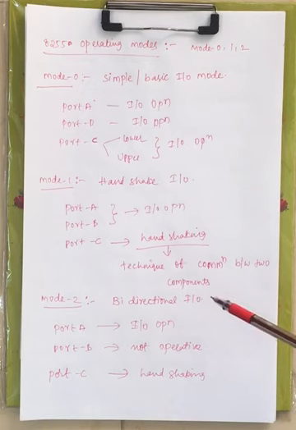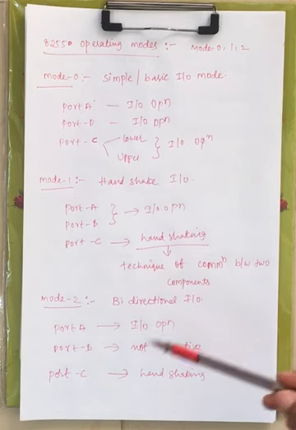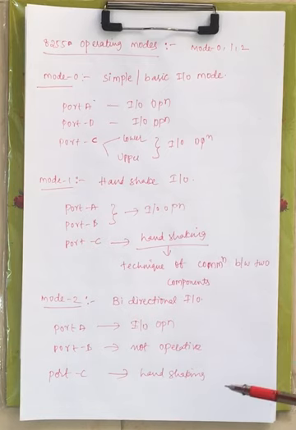Now port A can be used for input or output operation. Port B is not operative under mode 2. Port C is used for handshaking, with its signals used to make communication between the peripheral devices and microprocessor, right? Now this is the basic idea of 8255.